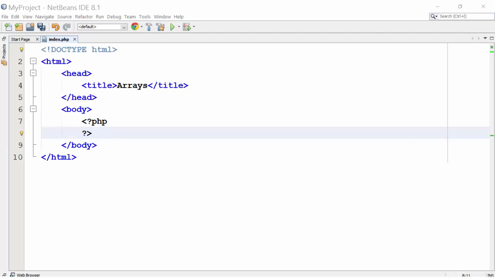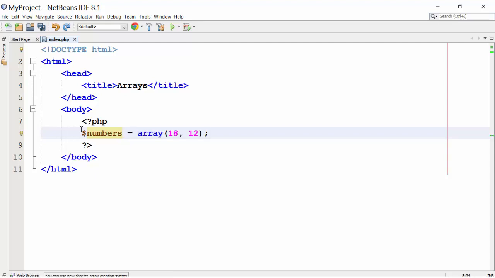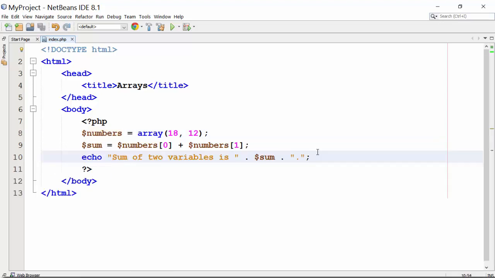Let us see how to assign two different values to a single variable using arrays. Declare a variable named numbers. Array is used to declare two variables. So, the first value stored in the array is 18 and the second is 12. In an array, the values are given a unique index number to identify the values stored in the array. In arrays, the index starts from 0. Here, the unique indexes for numbers used with array variables are 0 and 1.